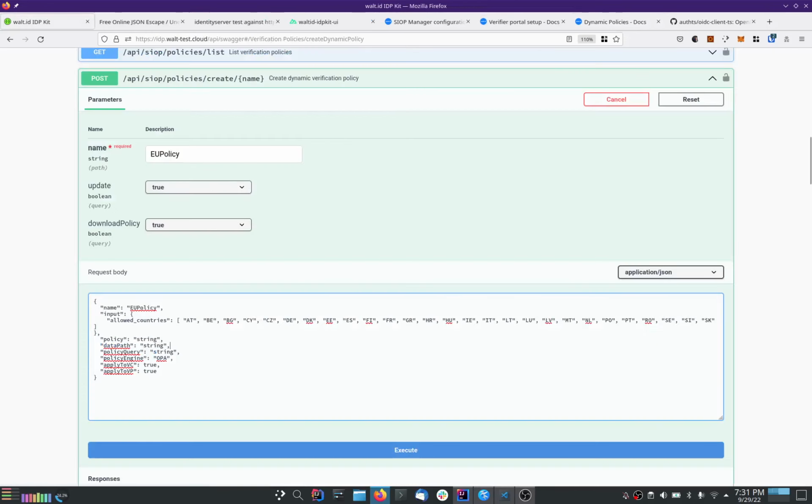So back to the IDP Kit API. So as a data path, I will just input $, meaning the whole credential is used as data for the policy. And these properties I will just remove, so it takes the defaults. And here in the policy field, in my case, I will just put in the whole Rego policy that I have written in my